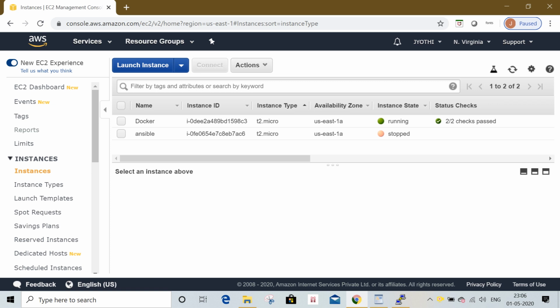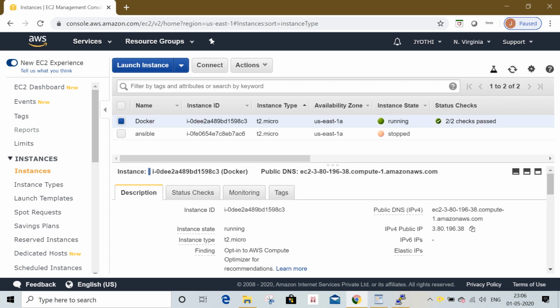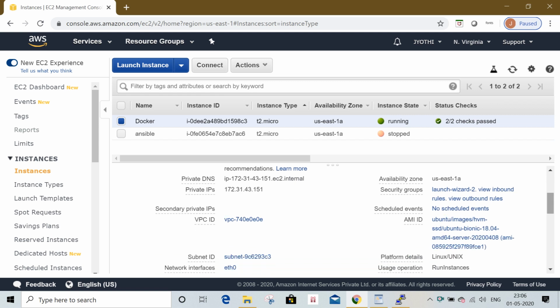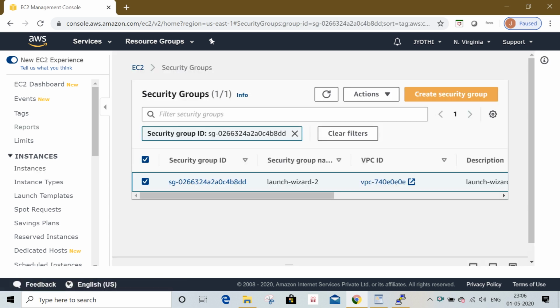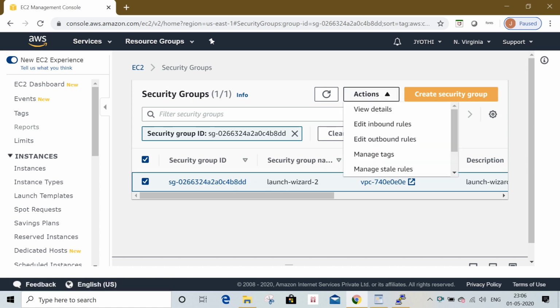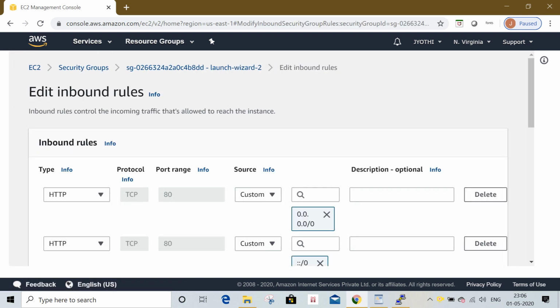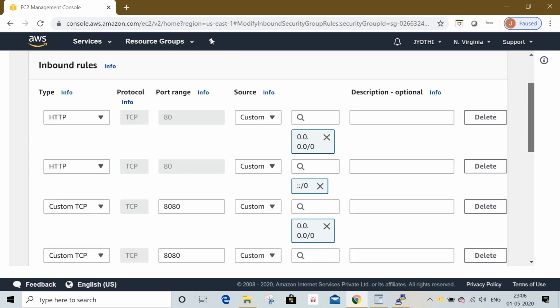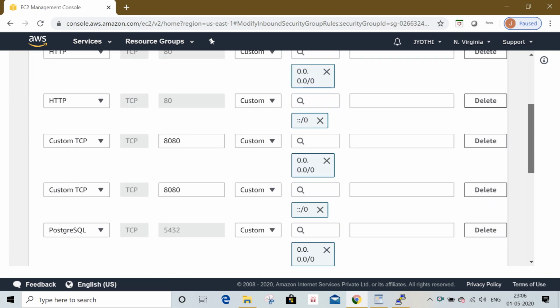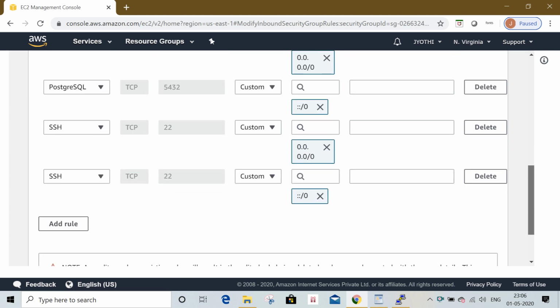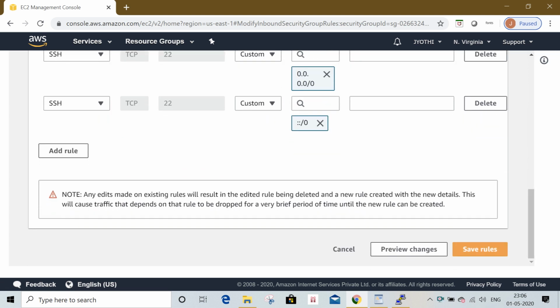I'll go to the AWS console. Then I will select my instance and add my port to this instance. I will go to inbound rules, edit inbound rules. Then I will select 8080, already selected, no problem. Save rules.